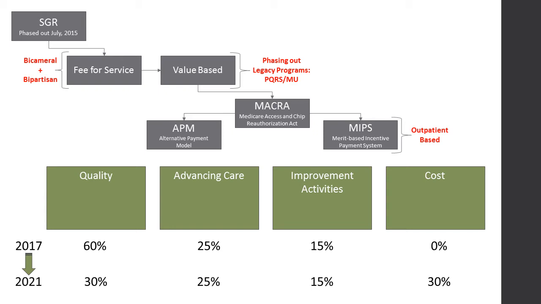Now, the quality measures reporting. Basically, you can think of this as what was PQRS. It is a self-selected set of measures, and basically you have options. You have to report 6 out of 300 options that are listed on the CMS website or in the CMS program. Now, advancing care, which was meaningful use, we don't use the meaningful use term anymore,